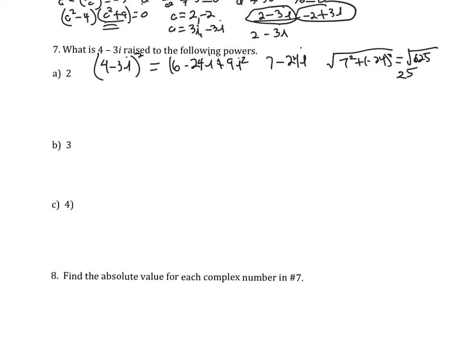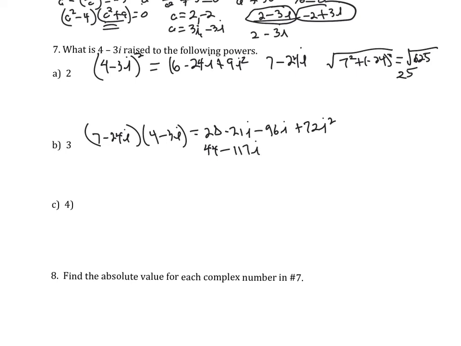Okay, now when we multiply this by 4 minus 3I again, we have 7 minus 24I times 4 minus 3I. That's going to give us 28, 7 times 4, minus 21I, minus 96I, and then plus 72I squared, which means that we'll end up with -72. So what we end up with is 44, which is 28 minus 72, minus